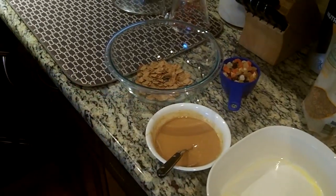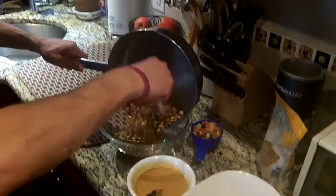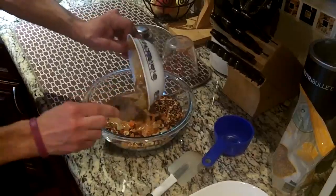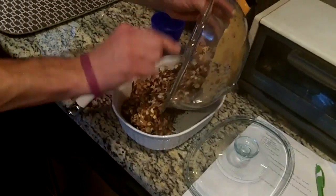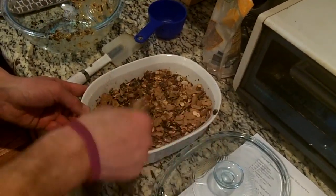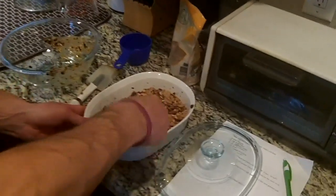Okay, add everything into one bowl. What you do after this is just let it cool. So you just put it into the fridge